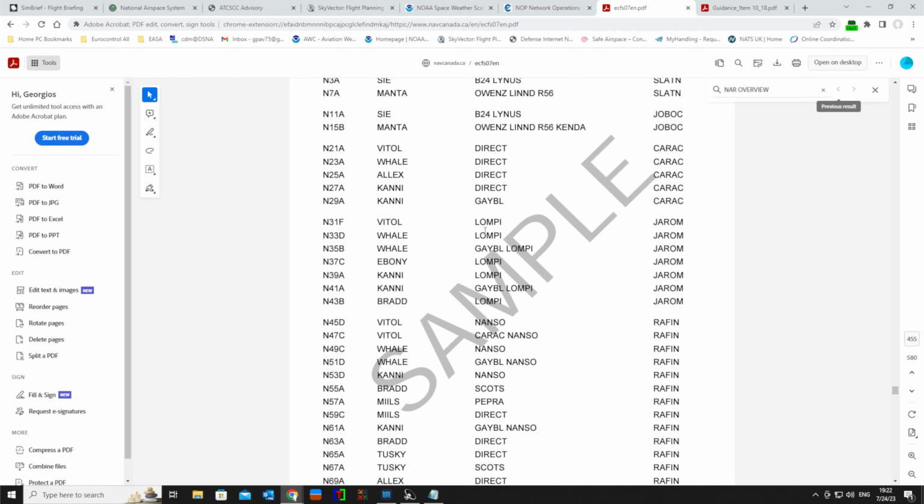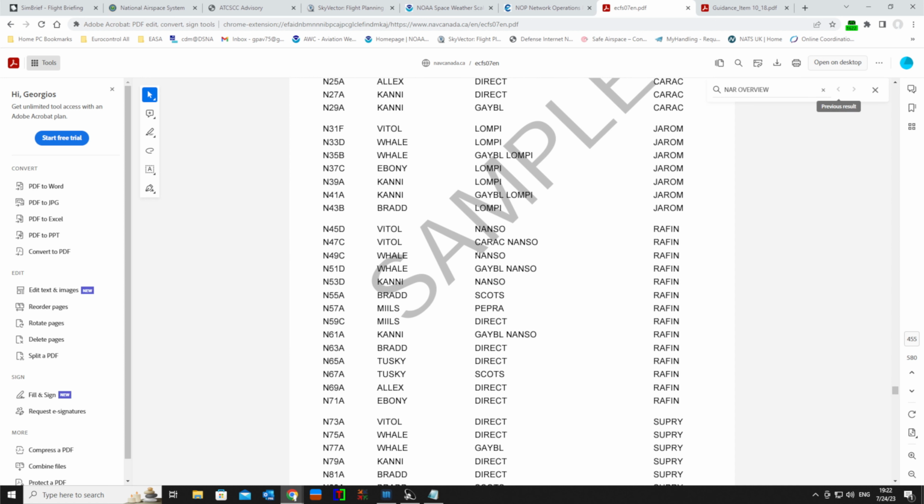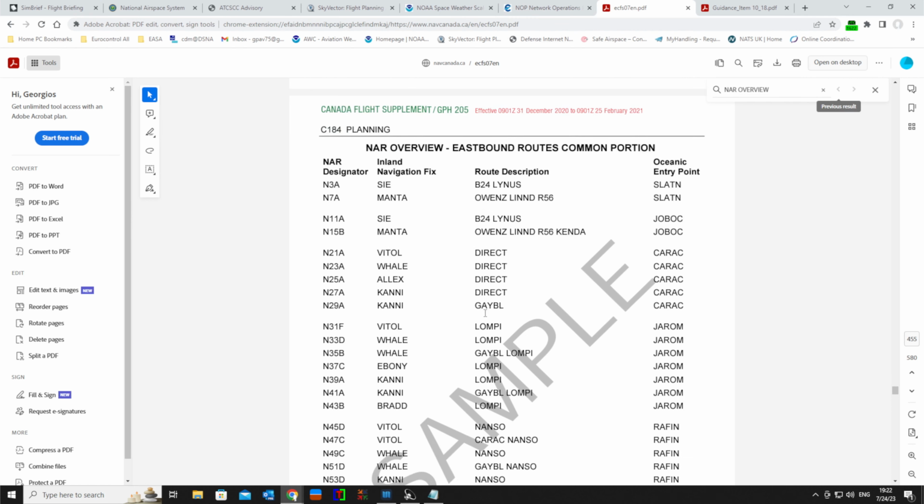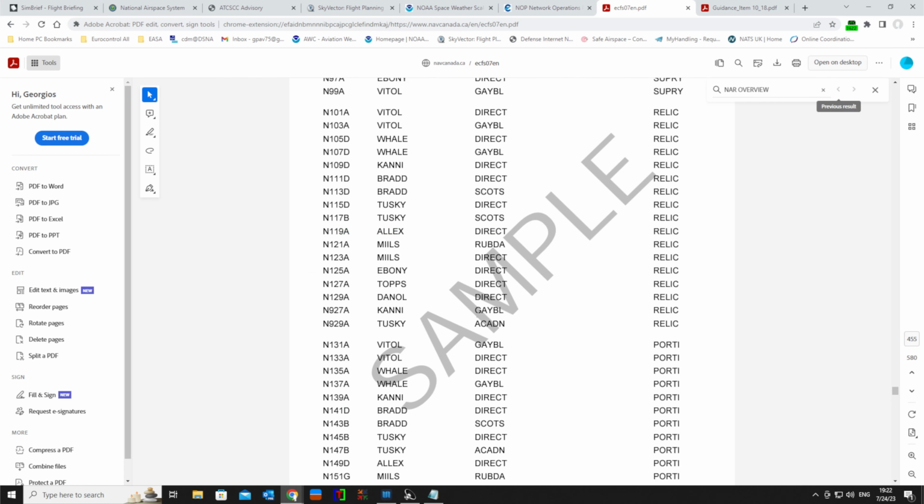CFS document that we can sample, but I don't see major changes. It's free. I will put the link in the description below for you to review. So if we go to our specific example,